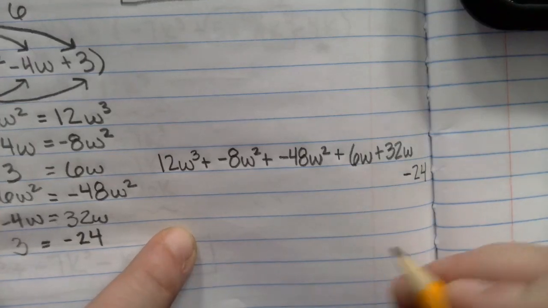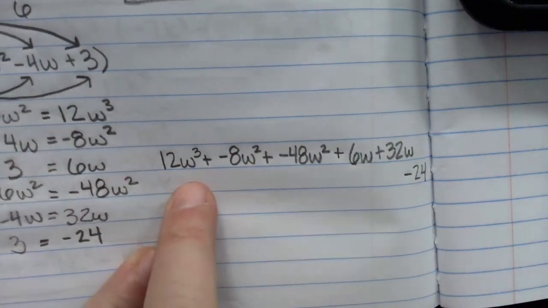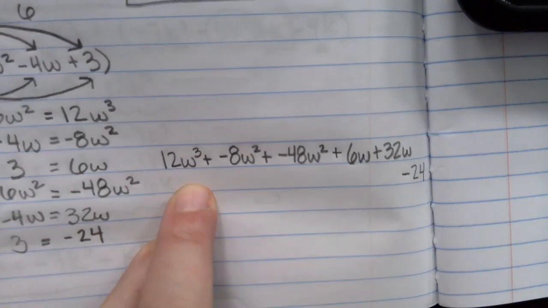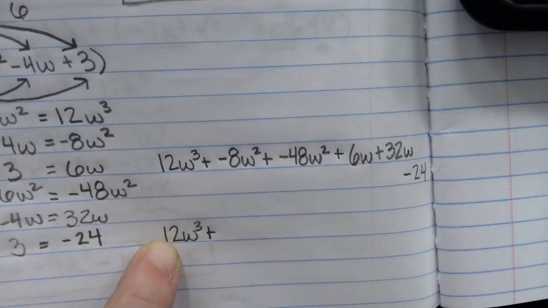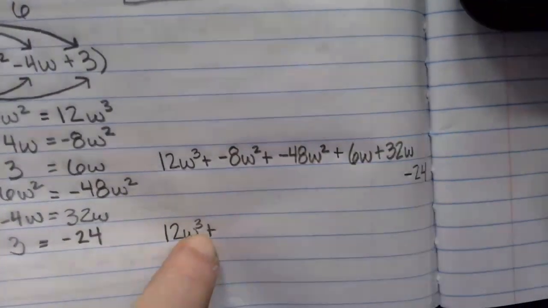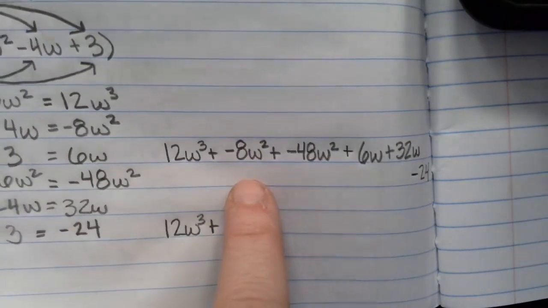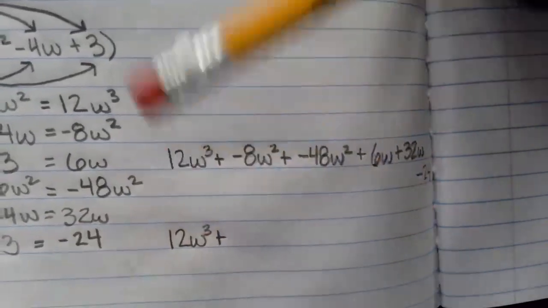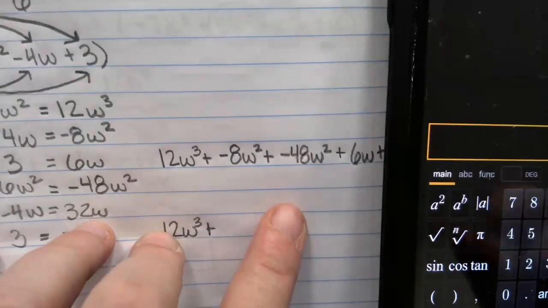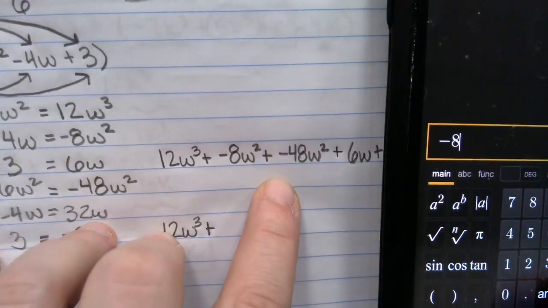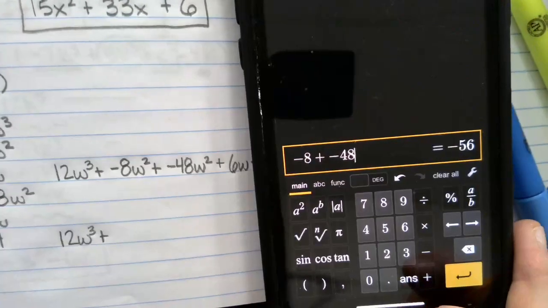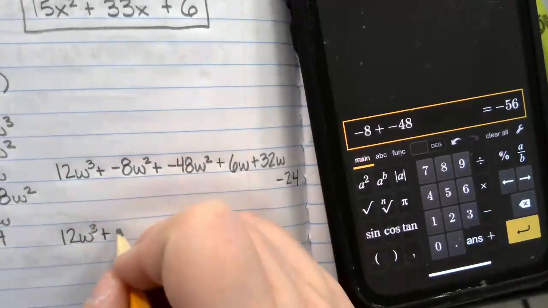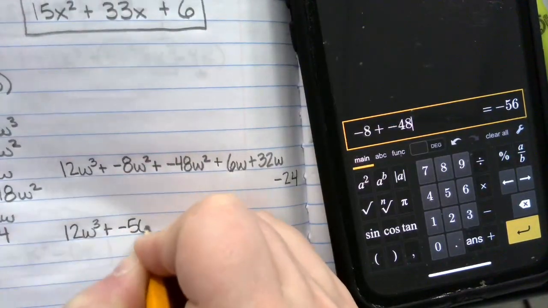All right. Can I take this? Yeah. So I have 12 W to the 3rd power. Is there any like terms for W to the 3rd power? No. So that stays. Do I have any like terms for W to the 2nd power? Yep. I'm going to do negative 8 and negative 48. If you're not sure, it's okay to use your calculator. Negative 8 plus negative 48. We get a handy dandy negative 56. They're both negative, so it's like we're adding. 8 and 48 make 56. So negative 56 W squared